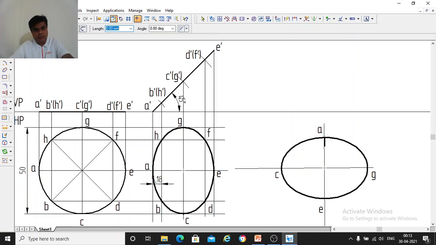So now you draw a line connecting this, which will be horizontal here, and again this line you draw here. So this line, which is perpendicular to AE, you have drawn here. So now this point will be B, right? So this point B is here. So you can write this as B. This point is C.